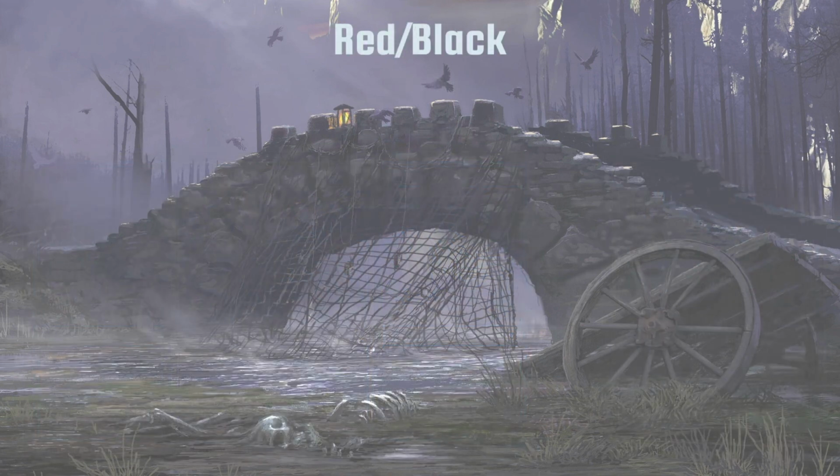Our next deck is Red-Black, which is a mixture of a tribal deck and a set mechanic, and that is the combination of Vampires and Madness. There's certainly a lot going on in these colors, so let's first take a look at some of the vampires